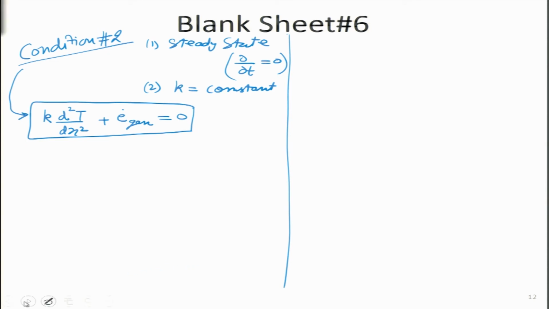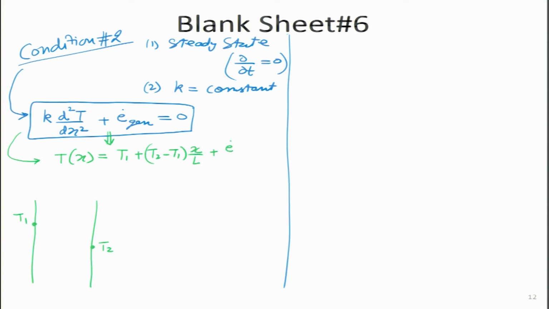And again, many of you may remember that we actually solved this in lecture number 3, and we got the solution under the boundary conditions of left side temperature T1 and right hand side temperature T2. If I apply these two boundary conditions, then I am able to solve this ODE, and what I get is a parabolic equation which looks something like this. I hope you all remember, because we did it in just the last lecture.